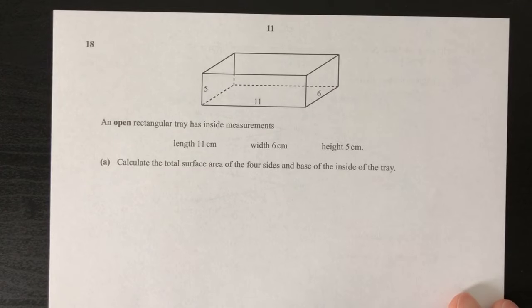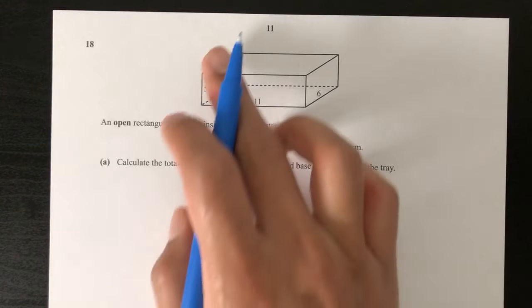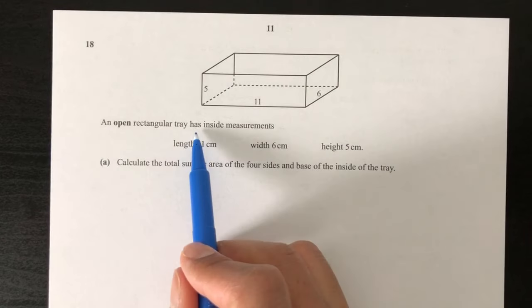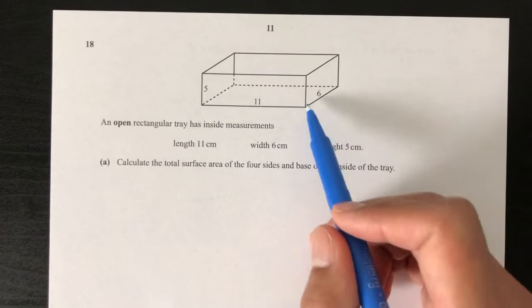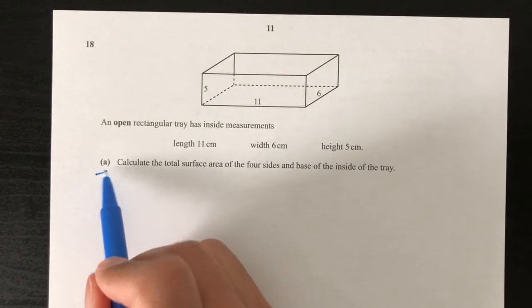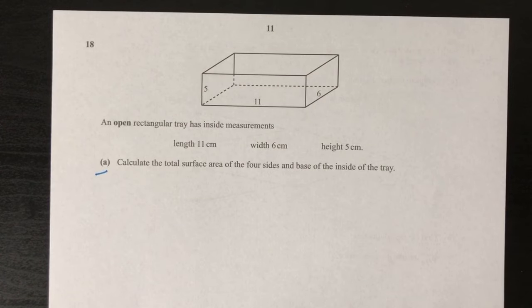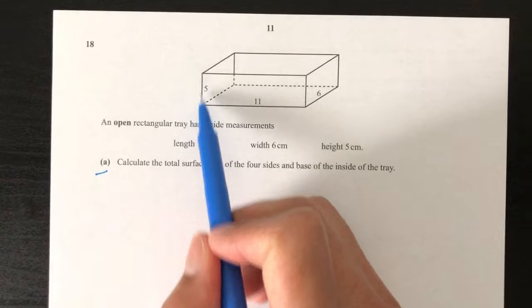Now let's move on to question number 18. An open tray, open on top, has side measurements of 11, 6, and 5. Part 1: calculate the total surface area of the 4 sides and the base of the tray. So let's first find one by one. So we have one side